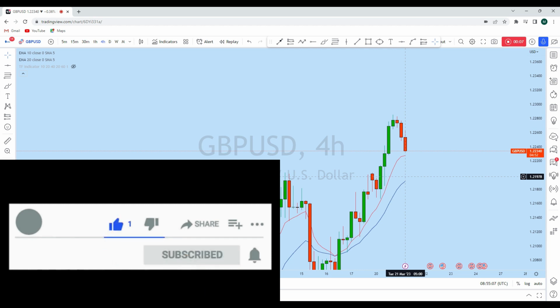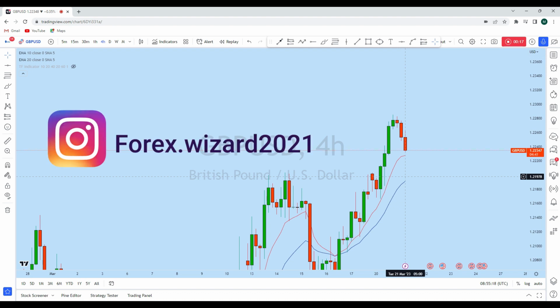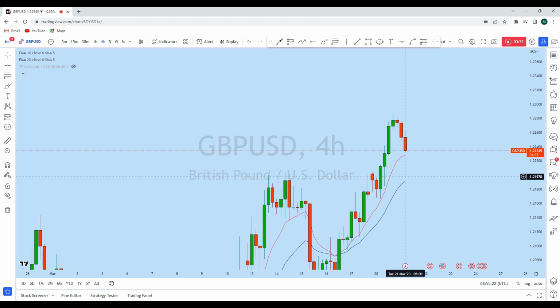Let's see what kind of trading opportunity we currently have in this instrument. As you can see from the lower time frame perspective, we can find a significant trading opportunity in GBPUSD. Before we discuss how we can trade, let's look at the bigger picture to see the general direction in the market, and then we'll jump onto this lower time frame to see how we can trade British pound US